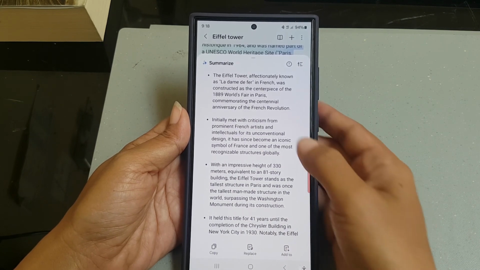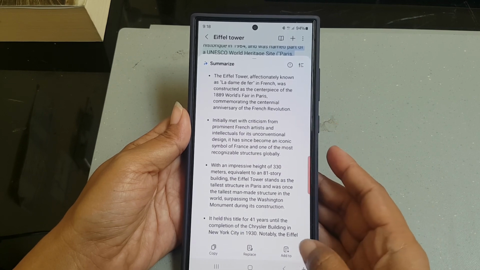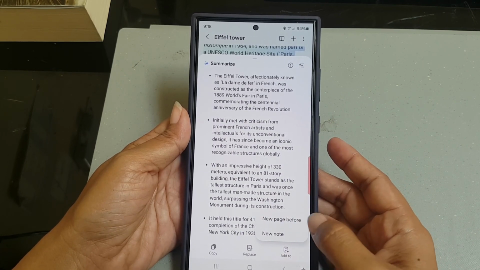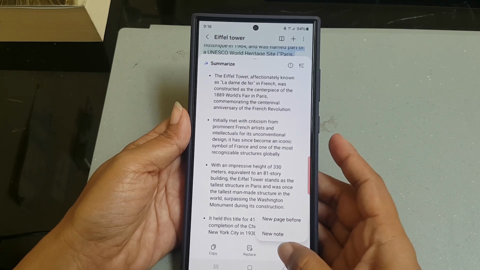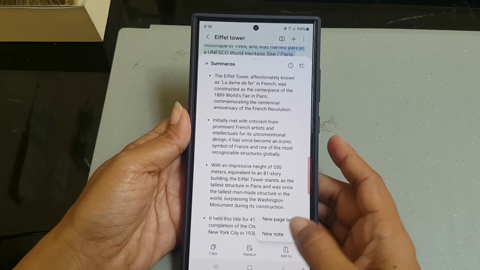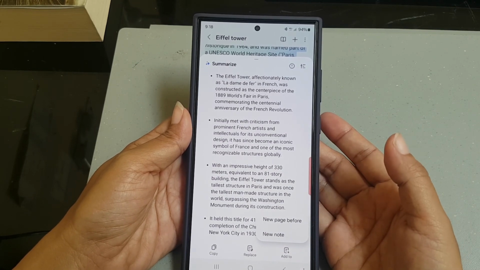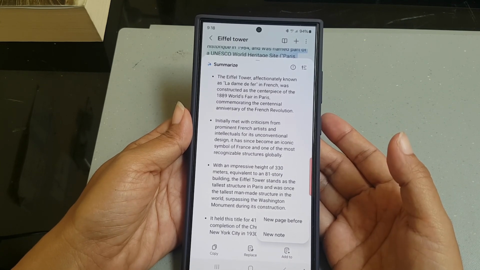Third, you can add the summary in a new page before your original note by tapping Add to and then selecting New Page Before. Or you can save the summary in a new note by tapping Add to and then selecting New Note. By using this AI-based feature, now you can easily summarize your note so it can easily be